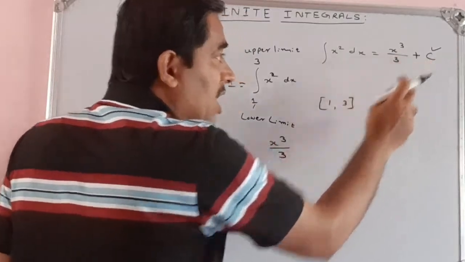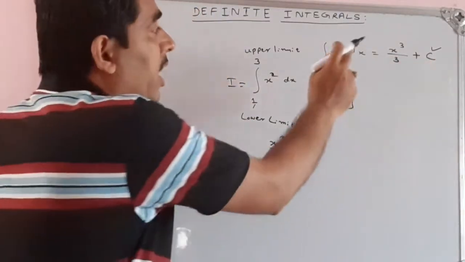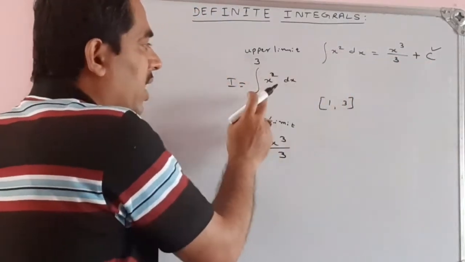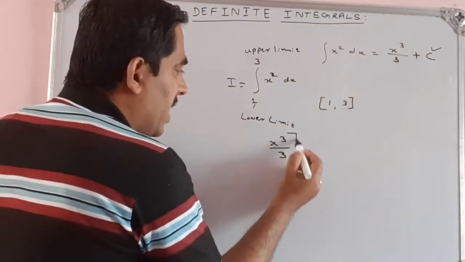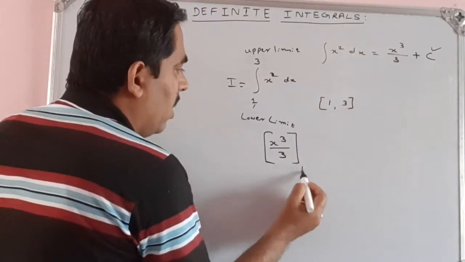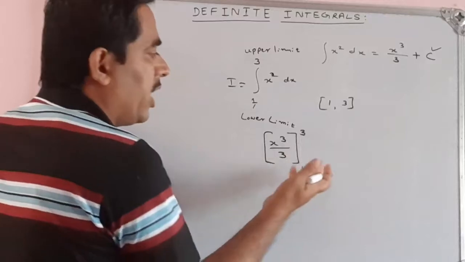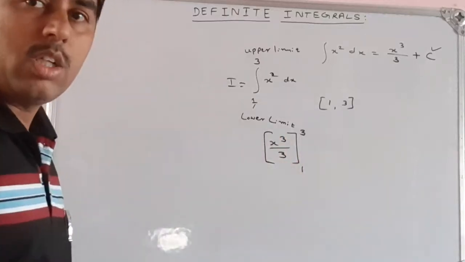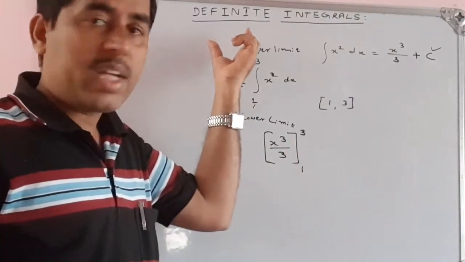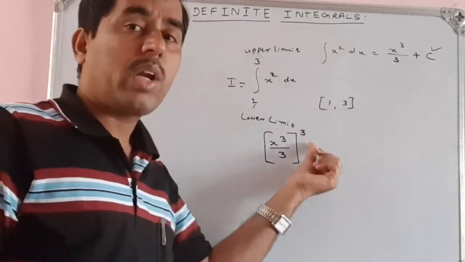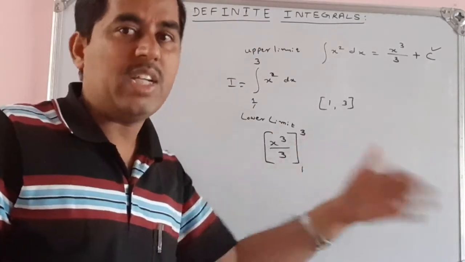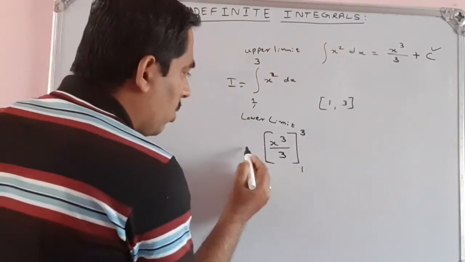Just we have written the constant of integration to indicate that it is an indefinite integral, but it's not the case here. See, it is a definite integral; it ranges from 1 to 3. I have not written the constant of integration. So, an important point to note is, in definite integrals, there is no need to write the constant of integration. That vanishes. Now, how do you calculate this?